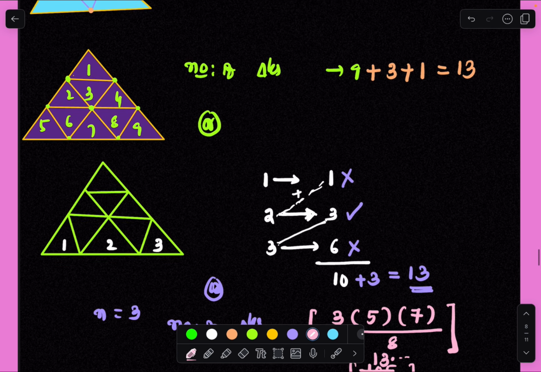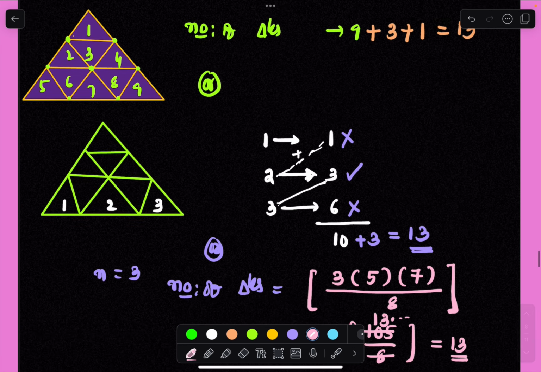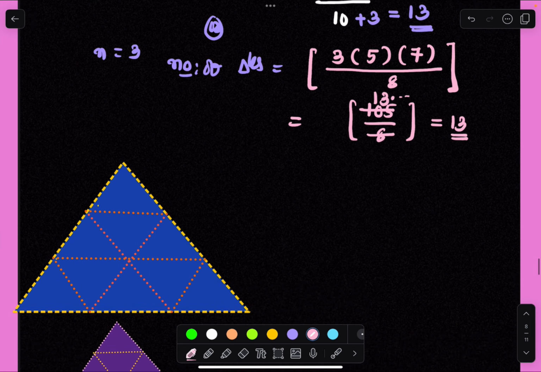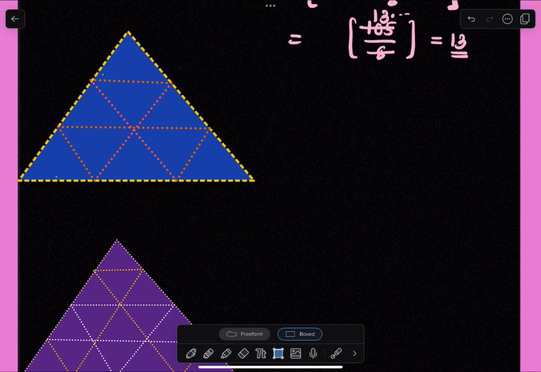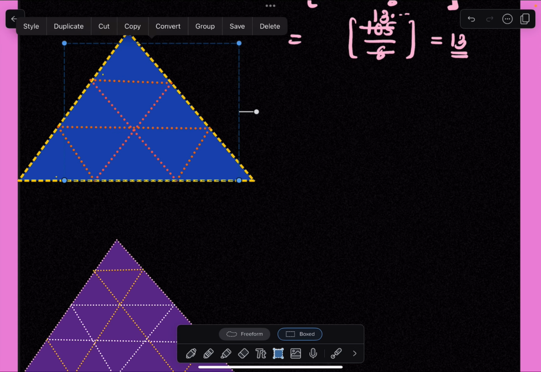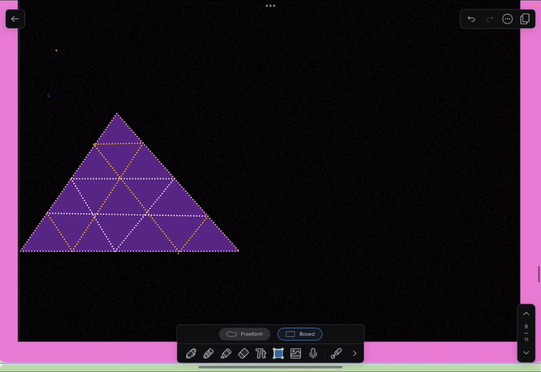So these are 3 methods we can use. Another method of counting is a bit difficult. We can use either the second method or the third method. And see the next one. So this part is completed now. Next, see this one.